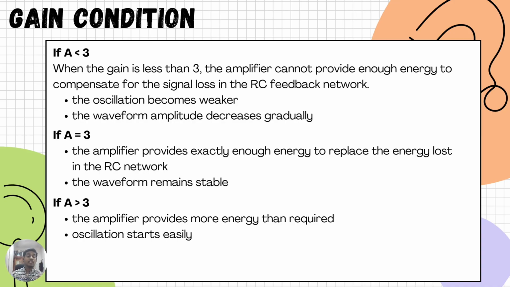Okay, this is the part I was explaining just now to you guys. We have three types of conditions. So if your A value that we calculated just now is larger than 3 or smaller than 3, you can see the first one: when the gain is lesser than 3, the amplifier cannot provide enough energy to the